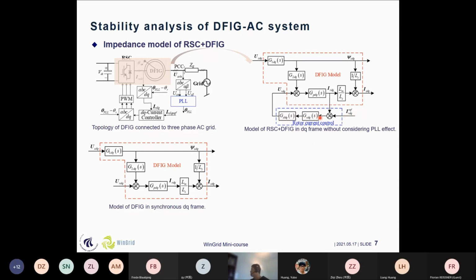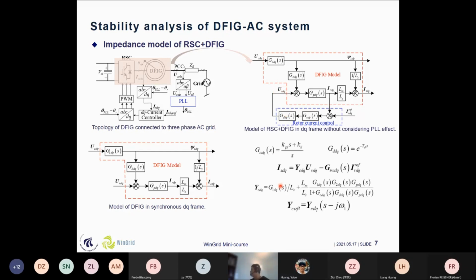We can see that we need to add current control. This is mainly a PI controller, and this delay effect generates the rotor voltage. So we can see that this is the current controller. This is the delay effect from the sampling and the PWM part, and then we can get the current equation based on the stator voltage and the rotor current references, and still we can get the impedance admittance of this